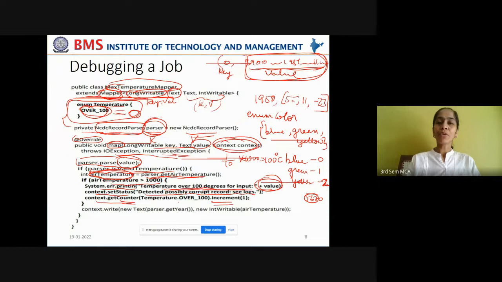So what is the counter we have here? Temperature, the enumerated data type's name, dot, the variable over 100, you're incrementing it by 1. Dot increment will enable you to increment it by 1 each time the air temperature recorded is greater than 100 degrees centigrade. Okay, so when it is greater than 100 degrees centigrade, then get the counter and pass that to